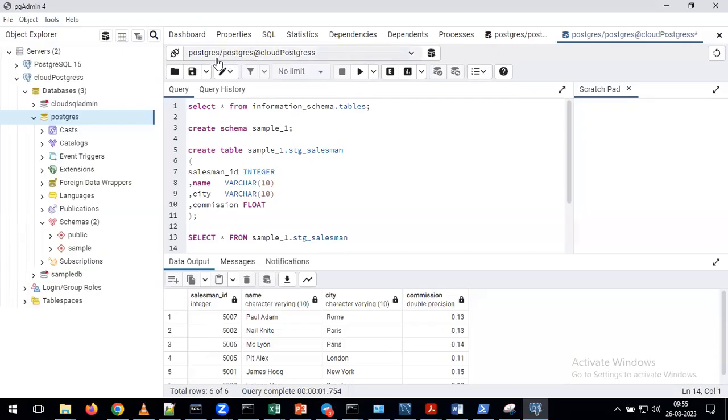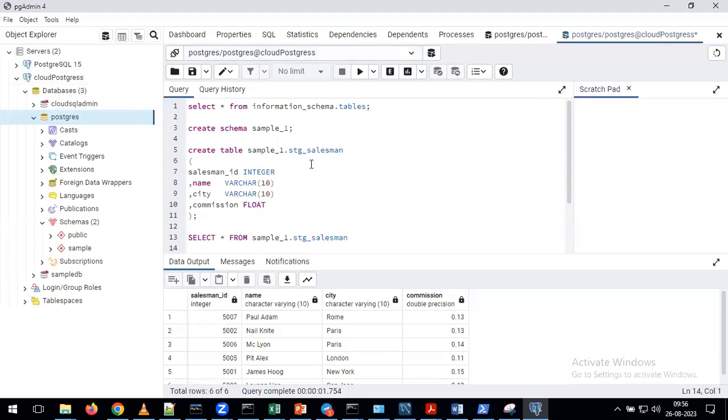Above you can see your username, and you can see @ your connection name. Here my name is showing as cloud Postgres. This is the name I gave for my cloud SQL server connection. That's the reason it is showing the name as cloud Postgres. By seeing the name, you need to understand whether your window is connecting to the cloud server or to your local server.